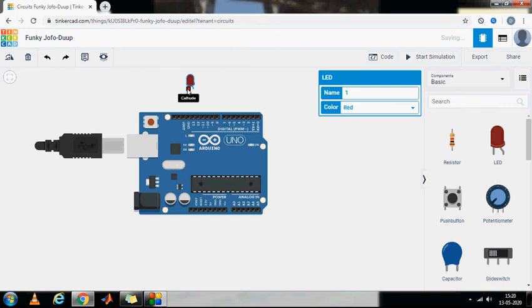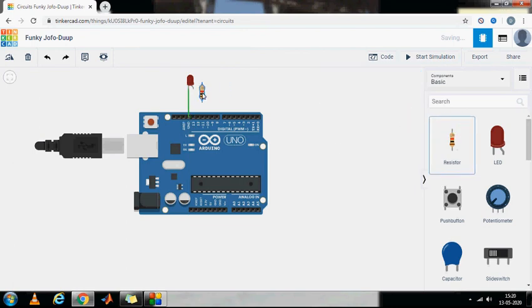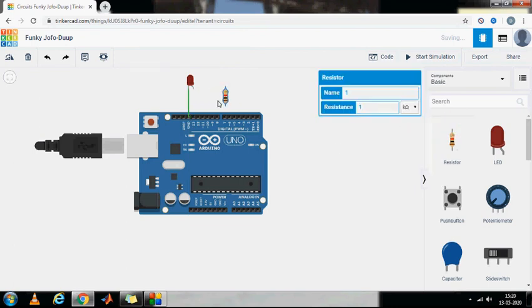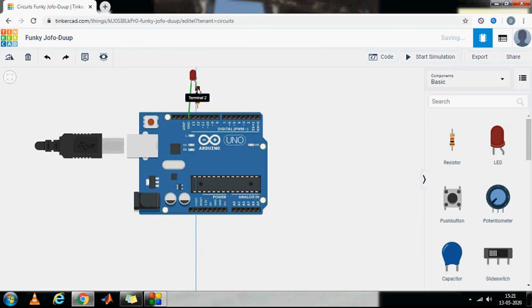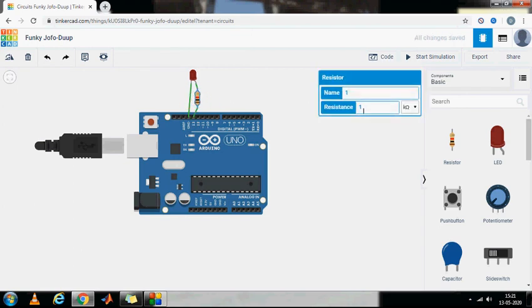Cathode you connect to the ground. And to protect this LED, I am placing one resistor and connecting this resistor. After completion of connections, you can change the value simply by double clicking on the resistor.